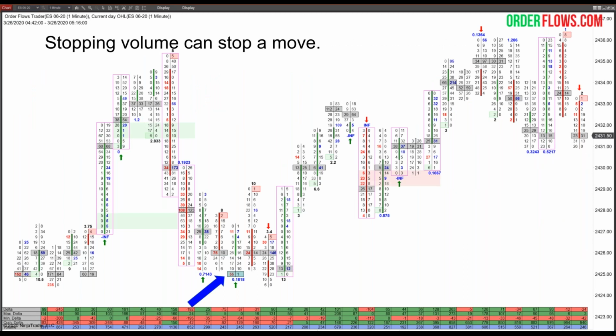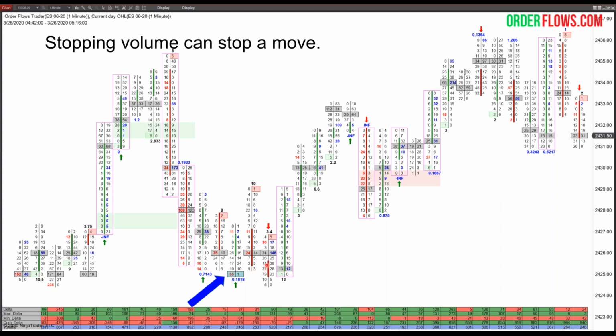Stopping volume is going to stop a move. Right here, sharp move up, boom, sharp move down. But there's supportive volume in the market coming in here. You can see this point of control aligns with these points of control earlier to the left. You've got 3 points of control at the same level. The market does trade 2 ticks through. Again, it's not the end of the world. Oh my gosh, we traded 2 ticks through, this prominent point of control stuff is rubbish. No,